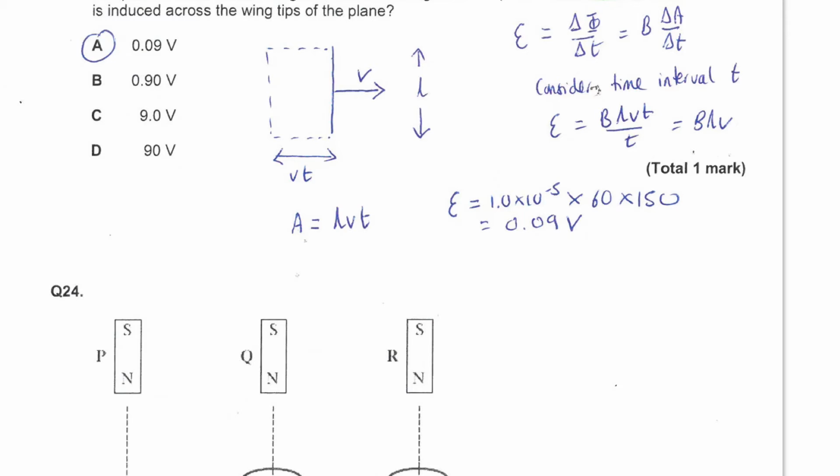However, if you don't know that, let me show you how that follows on from Faraday's law. So imagine a magnetic field acting into the page here, and therefore through this area that I have drawn there. This is the straight conductor, in this case the wing of the aircraft, and it is moving perpendicular to the direction of the field. Now that is leading to a change of flux linkage. It's probably easier to picture it as flux cutting. The aircraft wing cuts through the field that's going into the